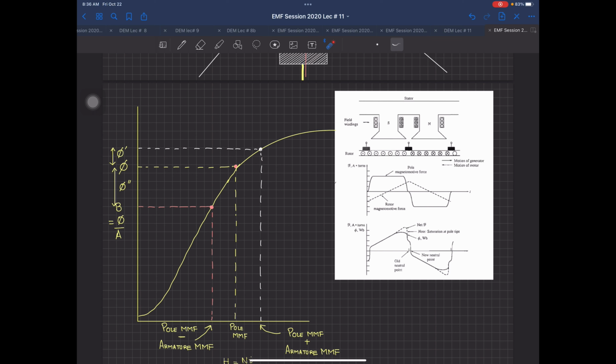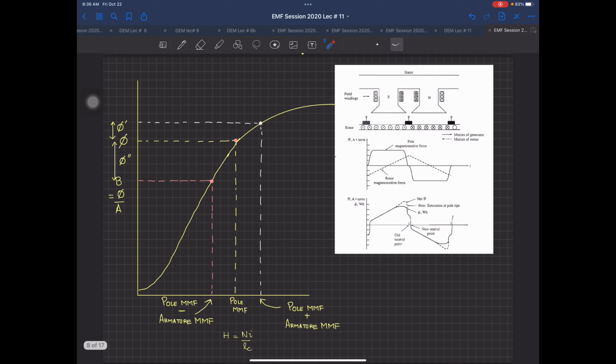Now you are all familiar with the BH curve, and I told you whenever you have B over here, you can write B equal to flux phi divided by A. And you can change the h-axis because h is on the x-axis. We know h according to Ampere's law is equal to Ni divided by Lc. In this, N and Lc are constant, because if I am working on one machine, Lc is the mean length and N is the number of turns. Similarly, area is constant. So I can say that this curve is between phi and I.